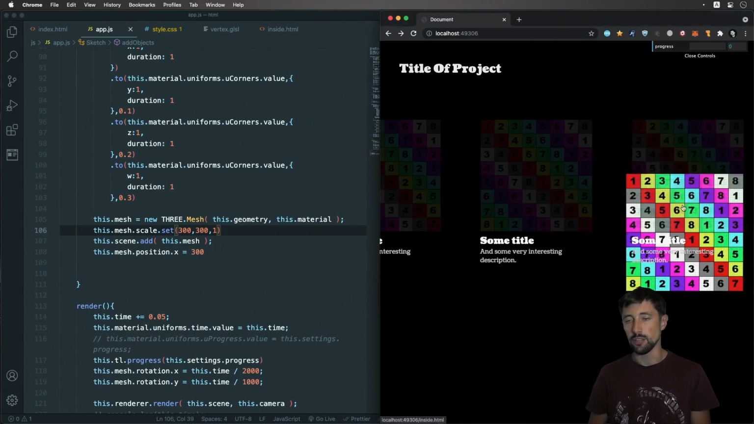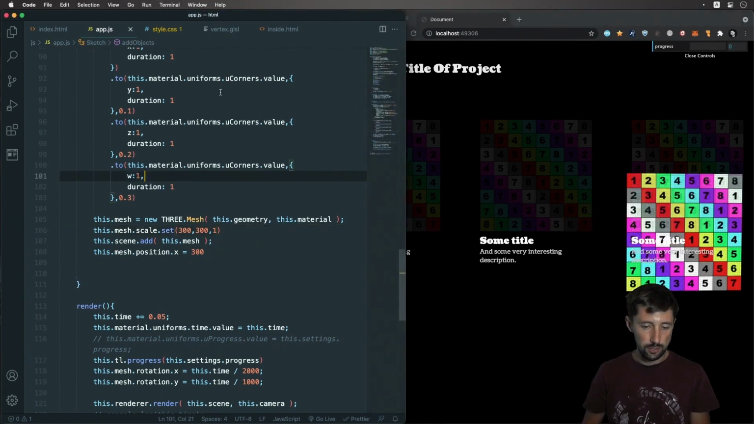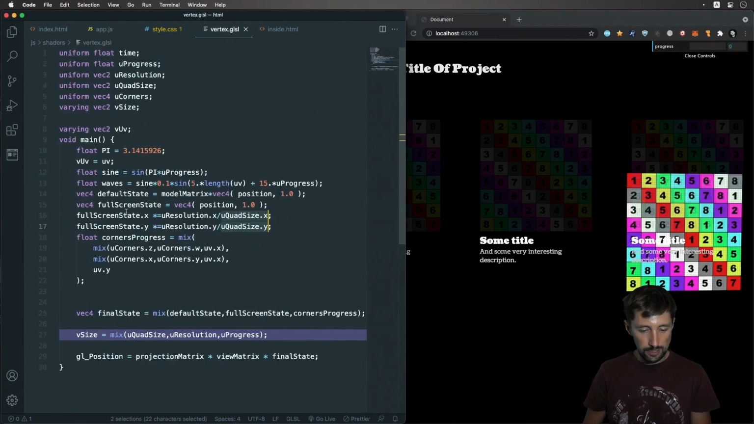And we can see the mesh again, so it's working the same way. Right now, if I scale, like move the progress of my animation, it's going to just go back to the center. And that's because when I did those calculations for the full screen state, I thought that the quad size was some value. Right now it's just 1, so I can remove this part